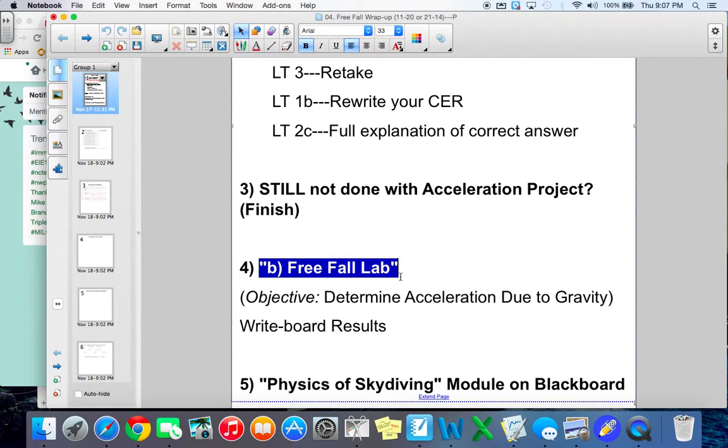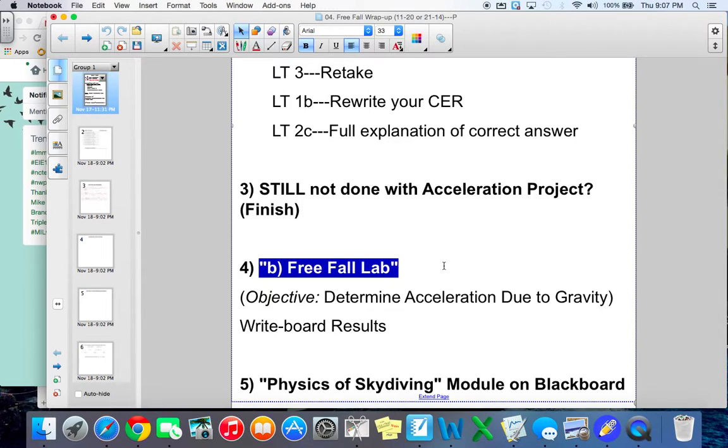So at this point, I'd like everyone to open up B. If you have not already done so, I know hour 6, you should already have done this, but hour 3, please open up B under the handouts folder within the Unit 3 portion of the Google Drive folder. So open up B Free Fall Lab.